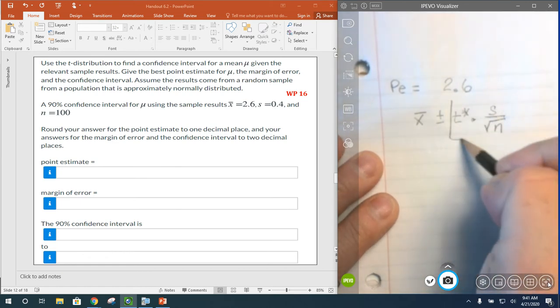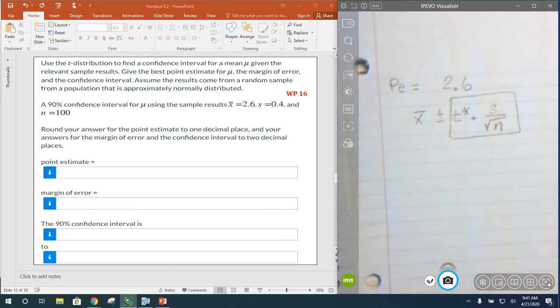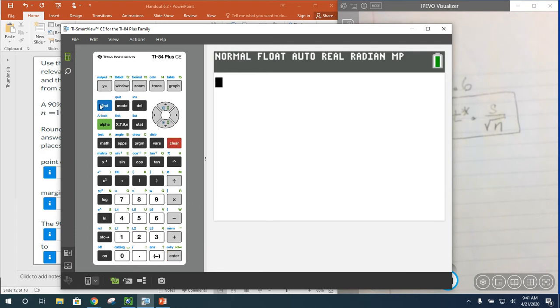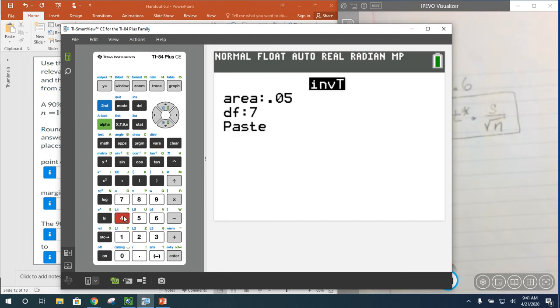And this component right here is the measurement of error. Those two combined. So when we combine those two, first of all, we need the t star value for this calculation. So let's go get the t star. Remember t star, I'm going to clear everything out here. T star is an inverse value. It's an inverse t. Our area we are dealing with, the problem says, is a 90%,